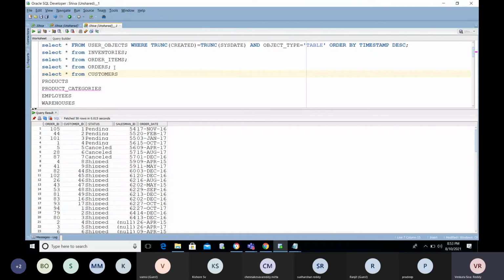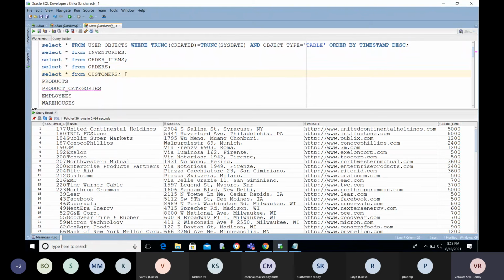If you want to get which customer the order is placed for and the customer details, you will get the customer detail in a customers table. So United Continental Holdings.